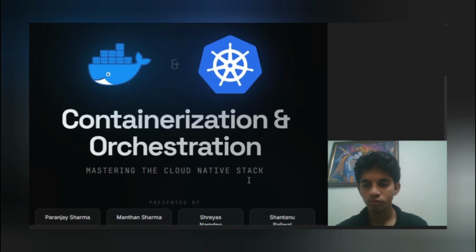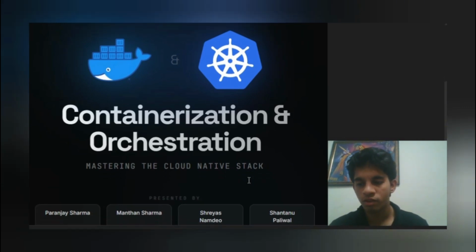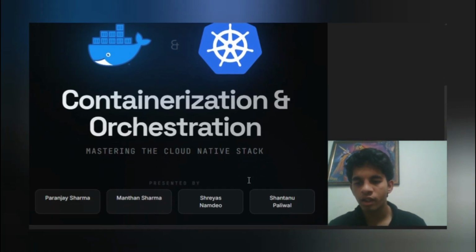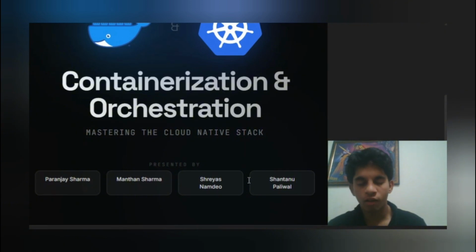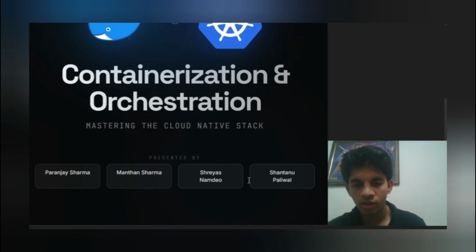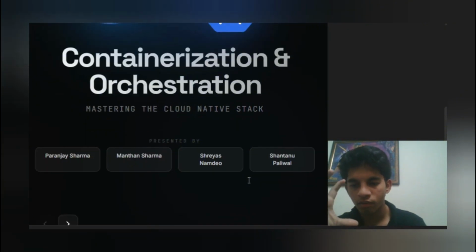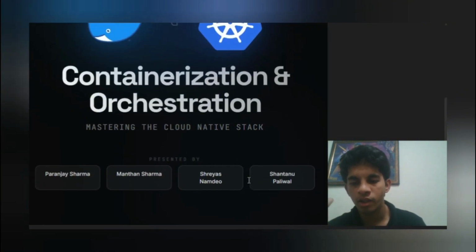So you hear these buzzwords thrown around constantly in tech right now, like cloud native, microservices, containers, orchestration, etc. But cutting through this jargon, what we are really talking about today is the modern standard for how applications actually get built, shipped and scaled in the real world, without everything completely breaking down in the architecture.